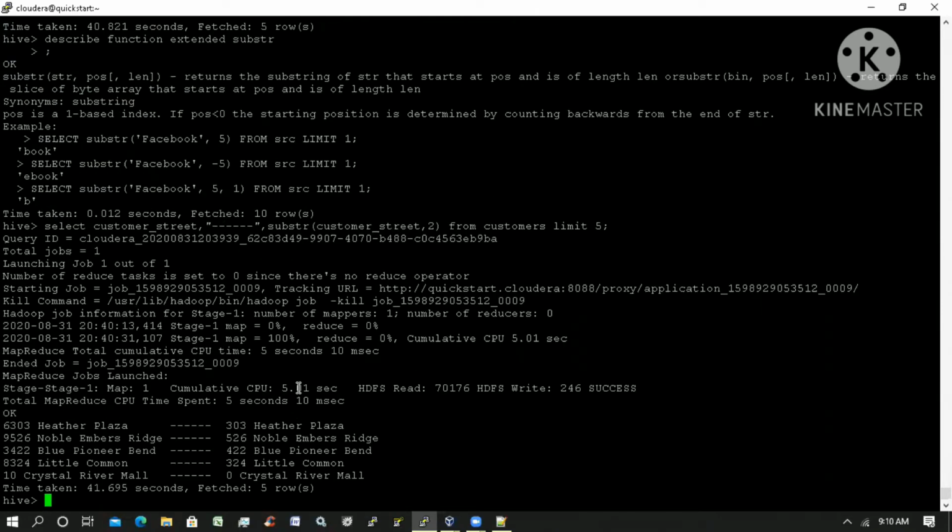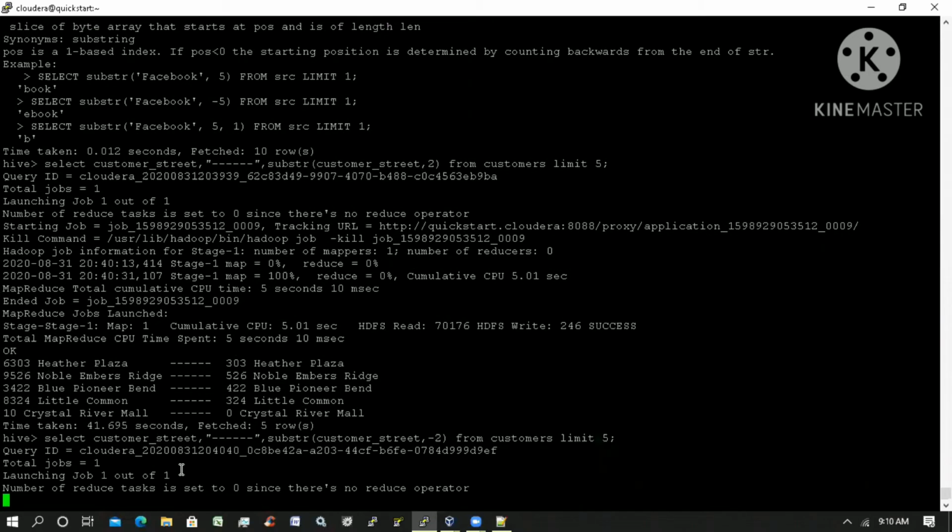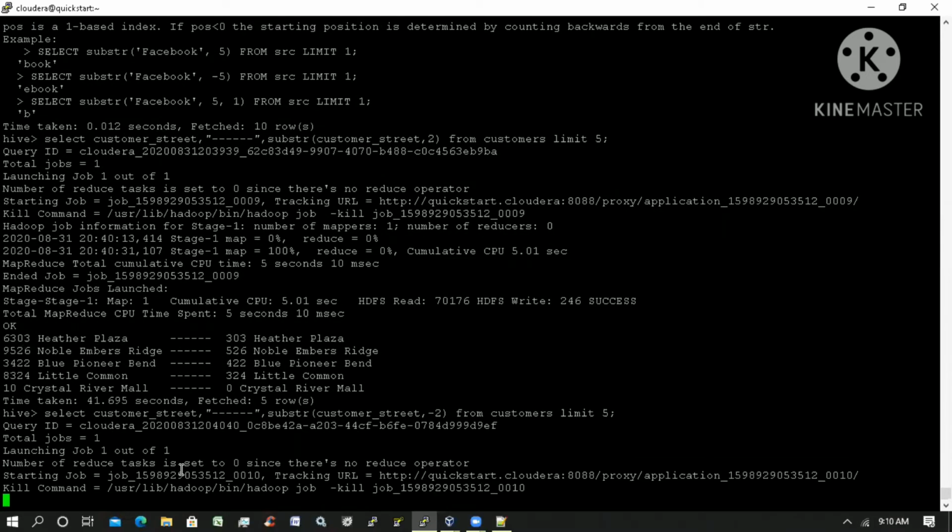If you observe, from the second position to the last character, it fetched the data. Similarly, if you want to go the reverse way, from the second position to the first position, that is, from the string's start, you can use minus, which means it will consider the left side. We have to cut the data towards the left instead of the right.